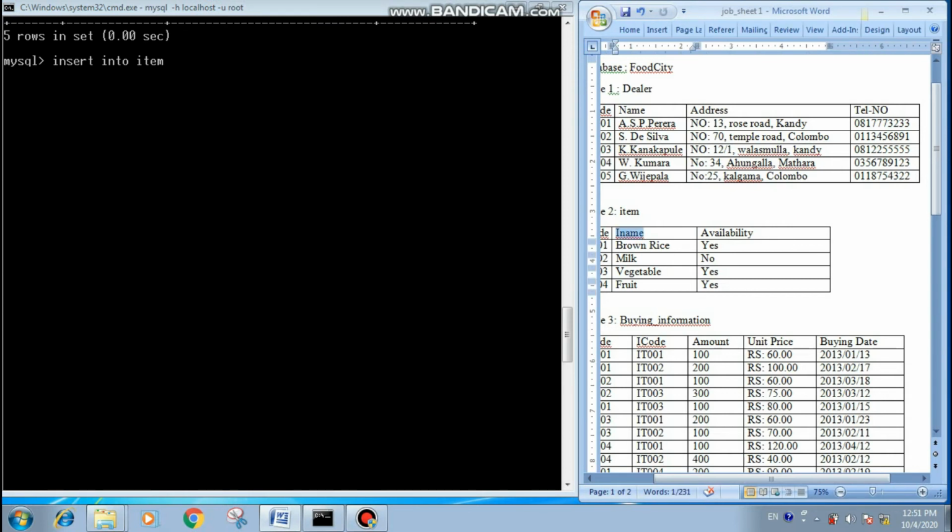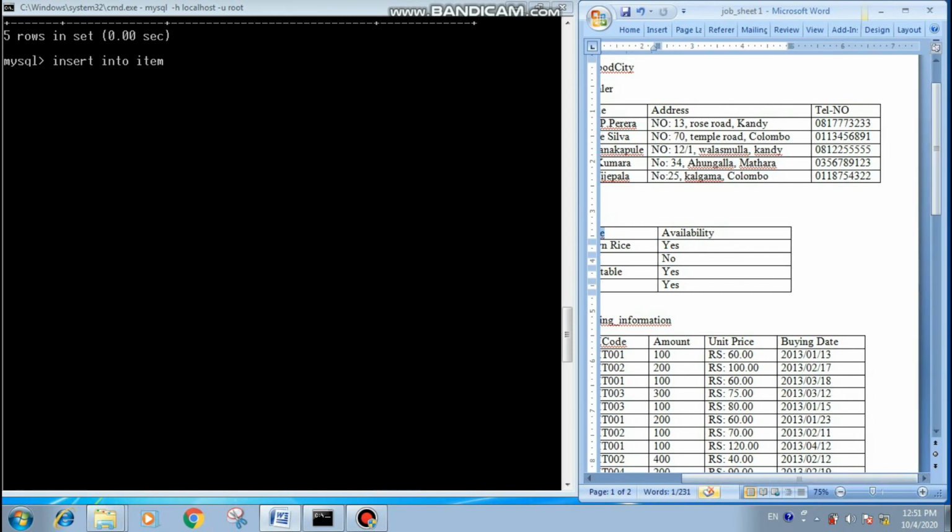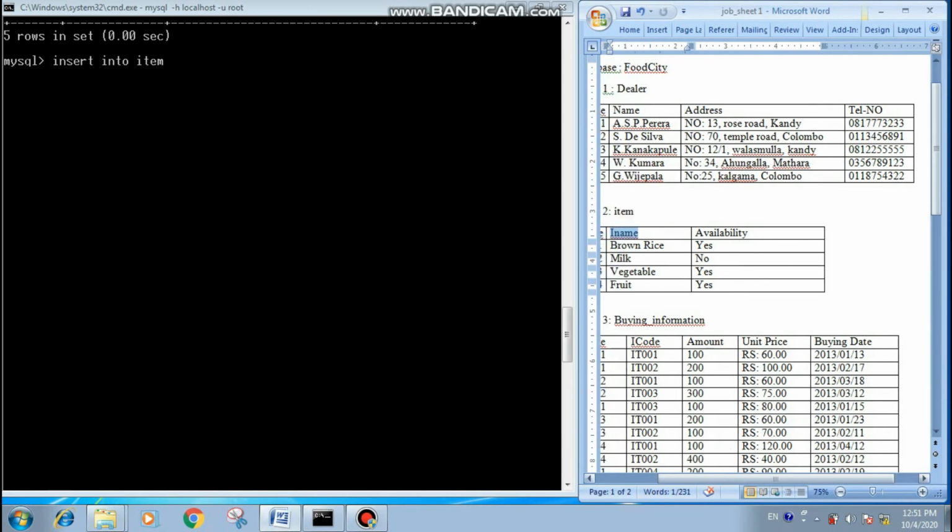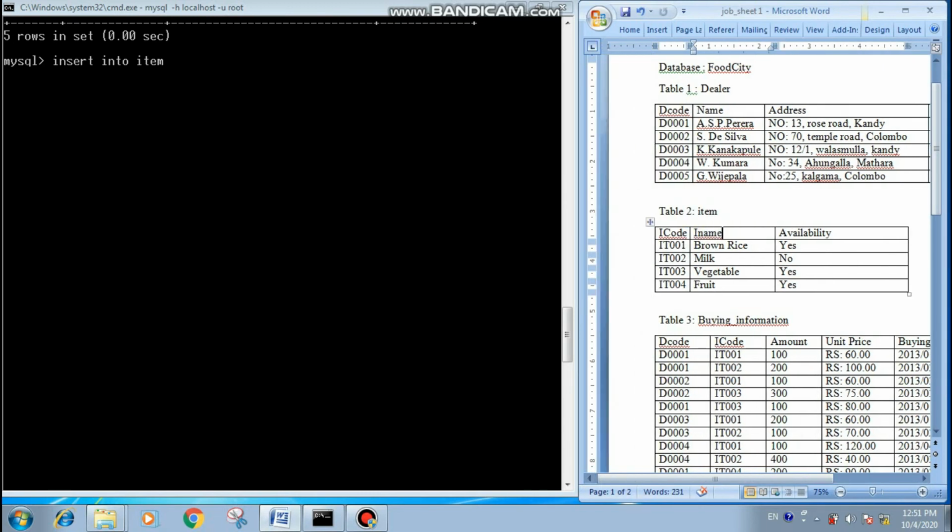For that I am going to use the insert command, insert into item, and then I open brackets, and within those brackets I am going to give my field names and their order.